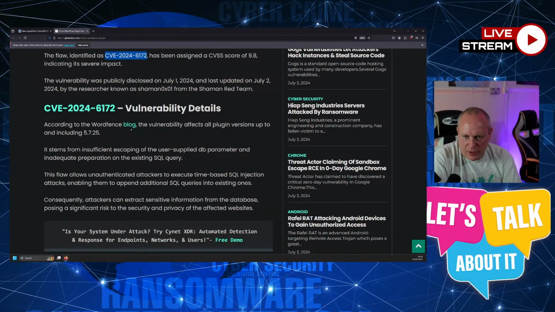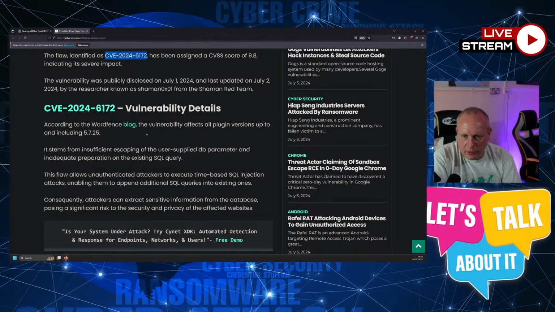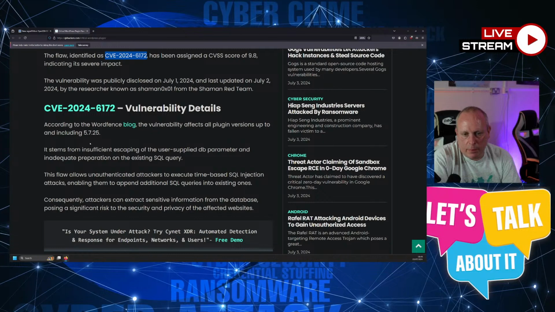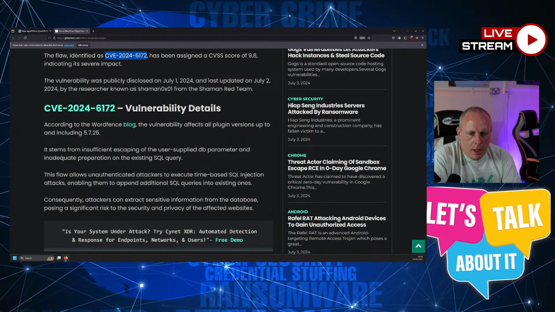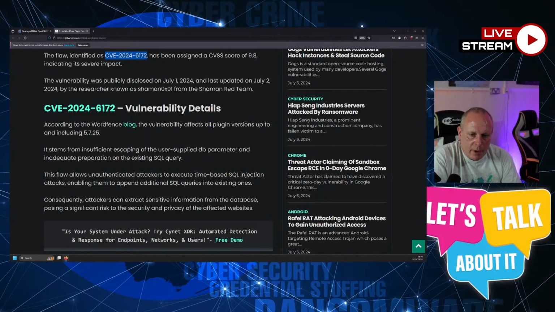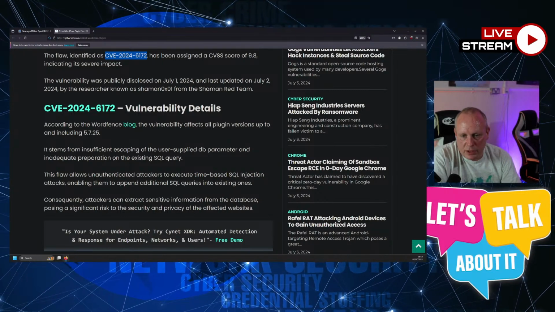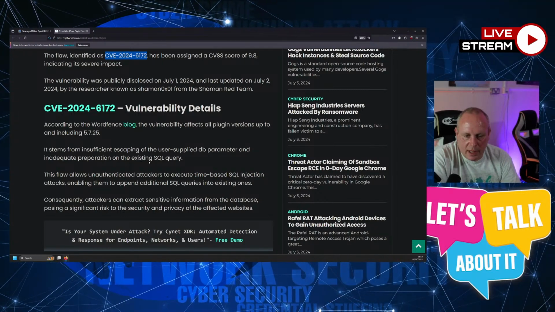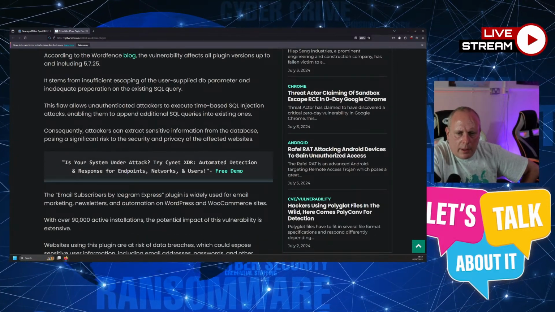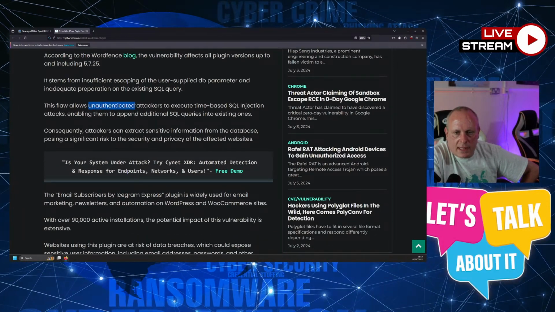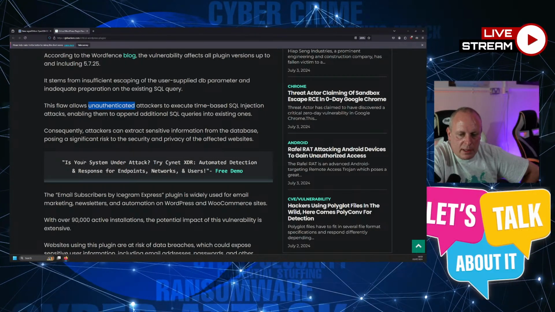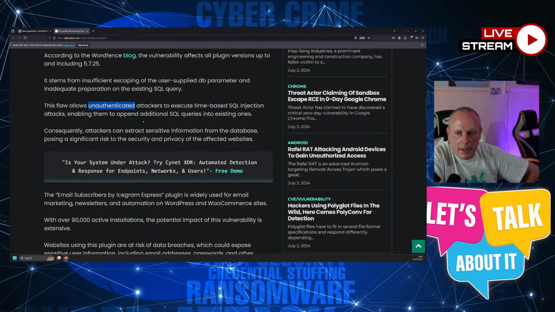According to the Wordfence blog, so obviously it's been found by Wordfence, the vulnerability affects all plugin versions up to and including 5.7.25. And it stems from insufficient escaping of user-supplied parameters and inadequate preparation on the existing SQL query. So it's SQL injection, allowing unauthenticated access, which is the important part. So if you're using this plugin, you need to go and update it right away.